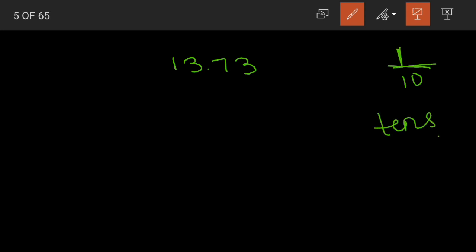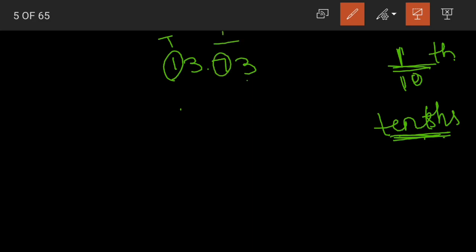If the question mentions rounded to the nearest tens, it means this one which is in tens place. But here the question says that rounded off to the nearest tenth. It is nothing but rounded off to the nearest 1/10. If you look at the place values of the given decimal number, 7 is in 1/10 place, 3 is in 1/100th place, again this 3 is in ones place. These are the place values of the given decimal number.